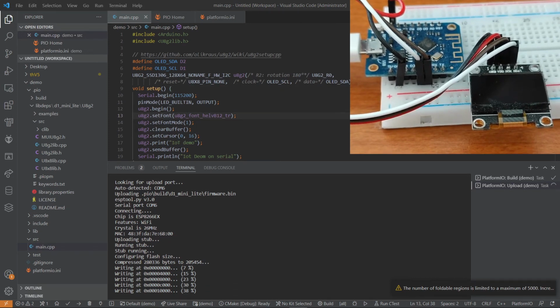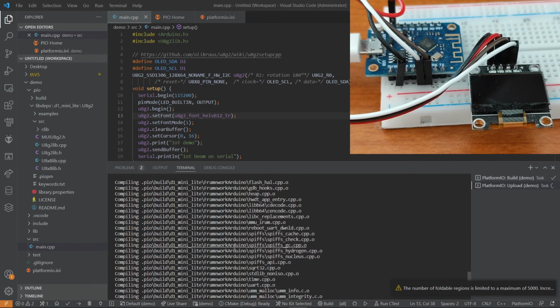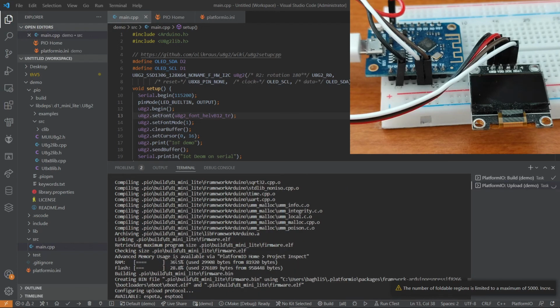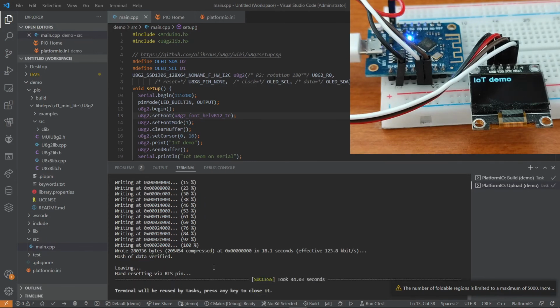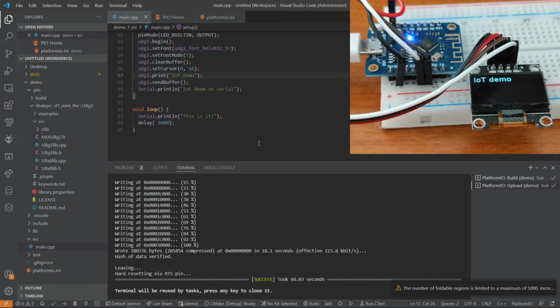Now it is flashing the memory, so you can notice that it took much space, so 36% and 28%. And now you see it. So you see this IoT demo that is written here on the screen. So what we succeeded in now is to write something on the screen. We can also write a second line. For example,